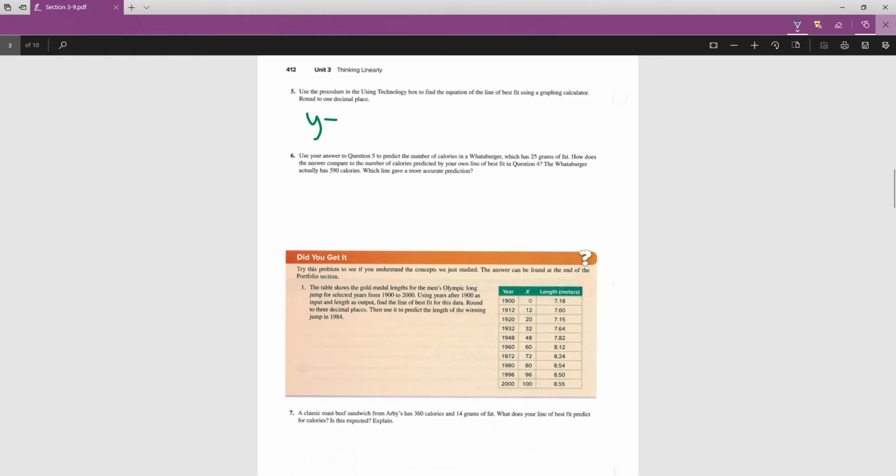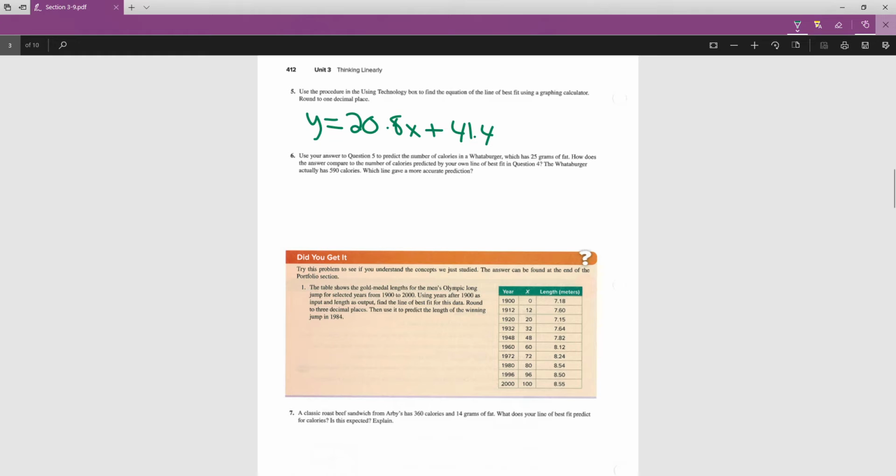Y equals, I believe for the slope we got 20.8x plus our y-intercept, which was 41.4. Number 6 then asks us to use this equation to predict the number of calories in two different burgers. One is a Whataburger, and the other one is,